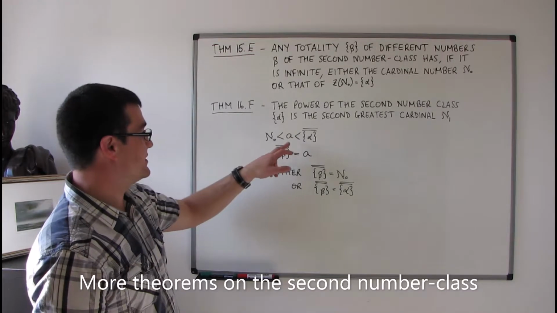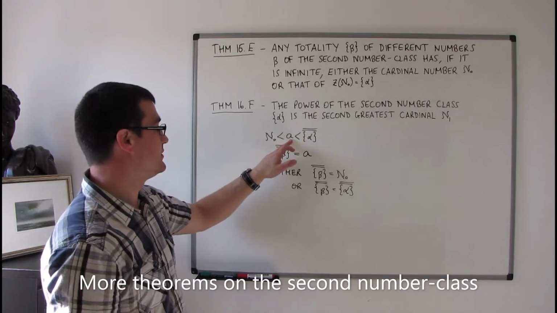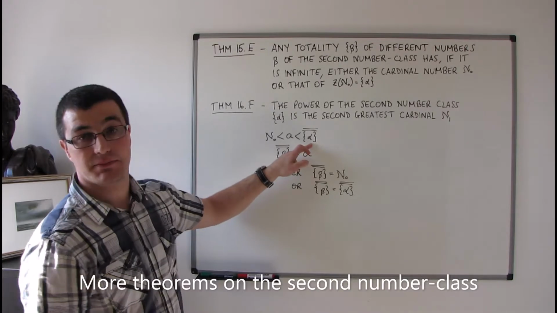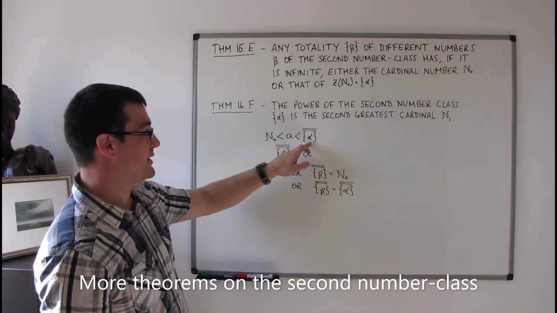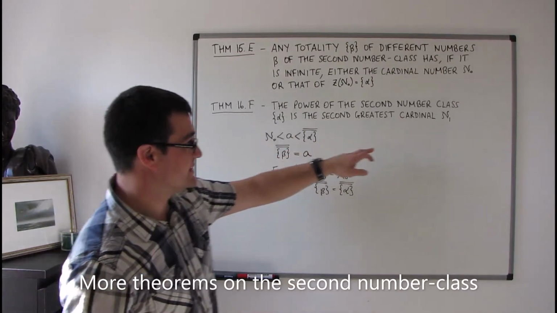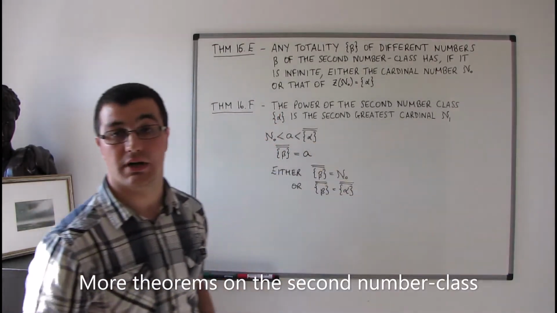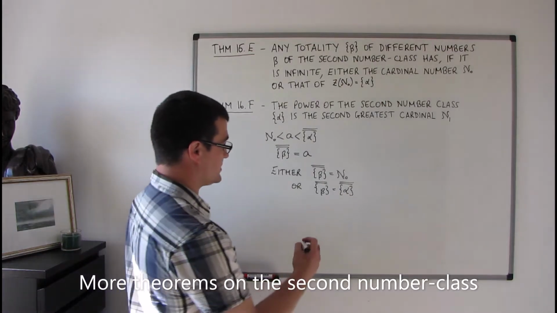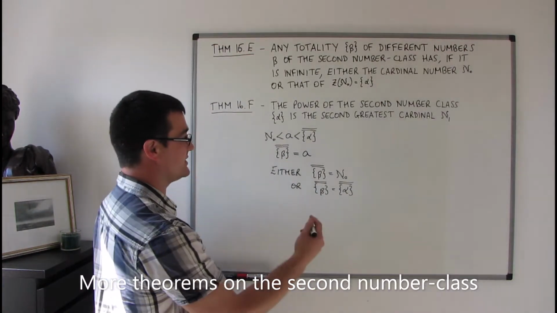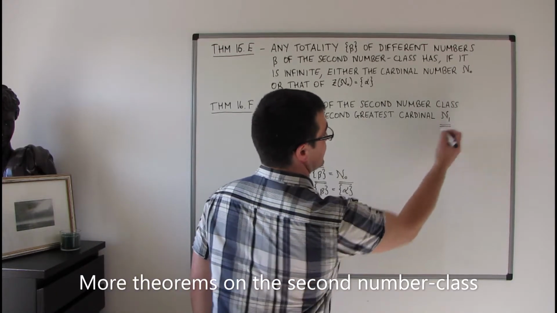So in other words, there is no cardinal number in between Aleph naught and the power, or the cardinal number, of the second number class. So naturally this is what we call Aleph 1. So the second greatest cardinal is Aleph 1,